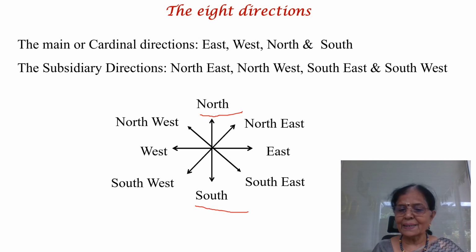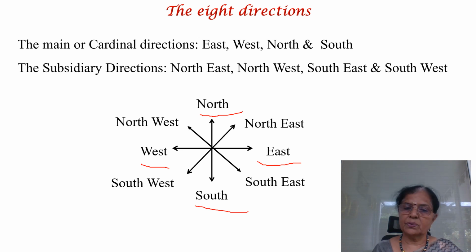Facing north, your right hand side is east, and opposite is west. So once you mark north, it is very easy, the opposite is south. And once you know that facing north, your right hand side is east, you can mark east, and the opposite